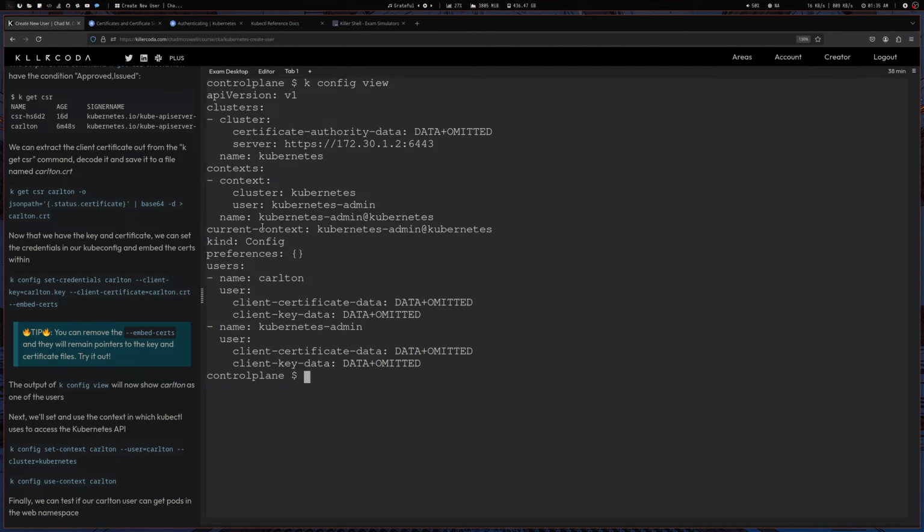That is decrypted by a private key. And similarly,